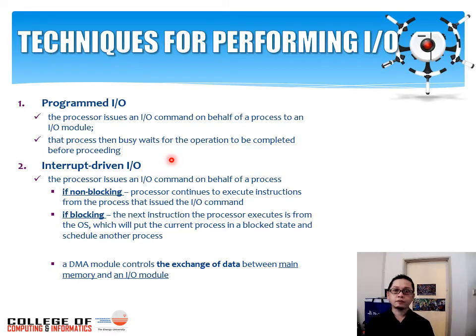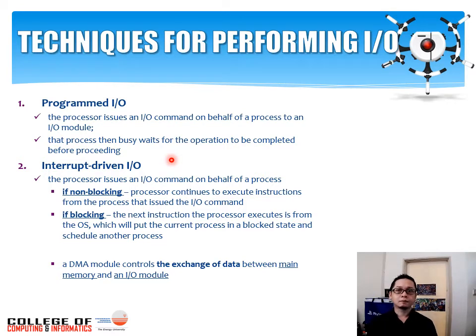And then there is also interrupt-driven I/O, which means that sometimes processors need to send out messages in order to be noticed. For example, after an input has been keyed in by the user, it wants to send a response. So this is one way of interrupt-driven I/O, and usually after doing certain tasks, you need to send certain signals either to the system or to the user in terms of using certain devices or requesting